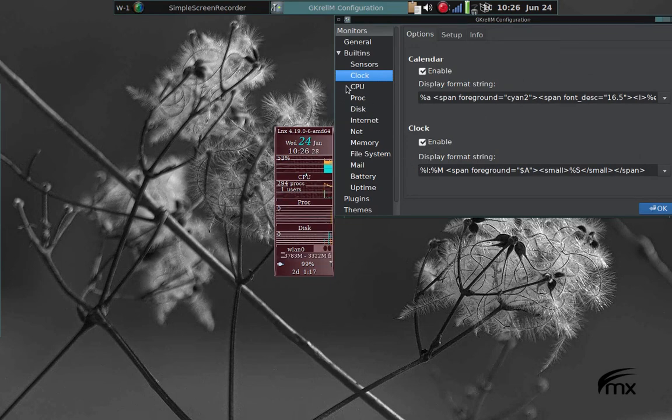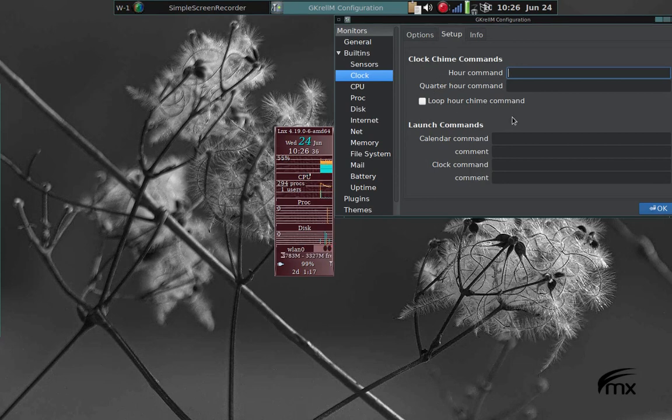If I go to the clock, and I look at my options and I look at setup, I notice that there is a launch command, a calendar command for the clock. So I'm thinking I'm going to put it on the clock,